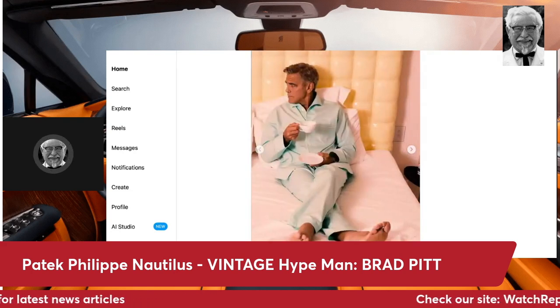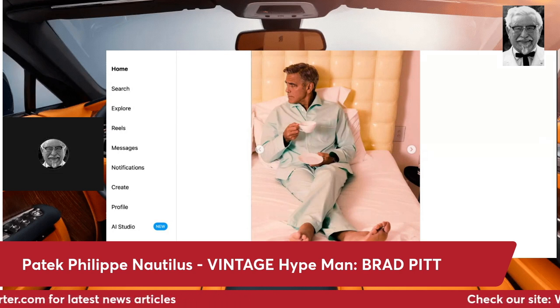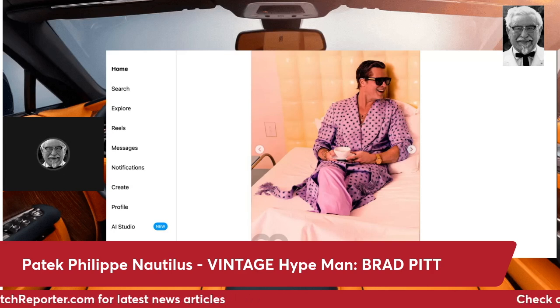Again, now we got some homoerotic activity here. These guys are sharing a bed together. It's kind of like a pink background, like a vintagey sort of thing. What's that headboard? Is that leather or vinyl? There's an underlying message here. You got Brad Pitt in this kind of pink silk, or is that lavender? Fuchsia